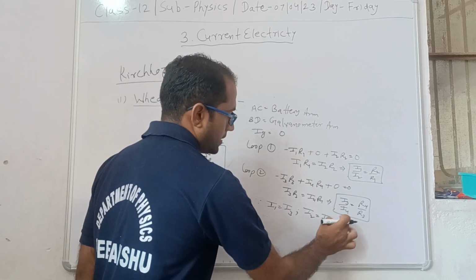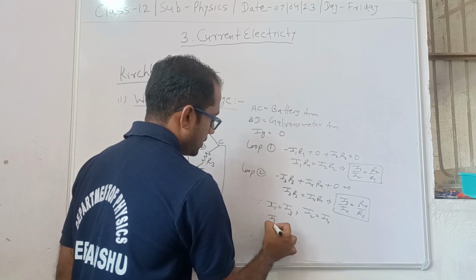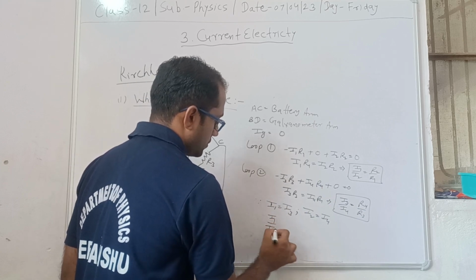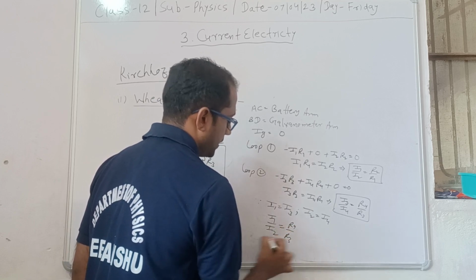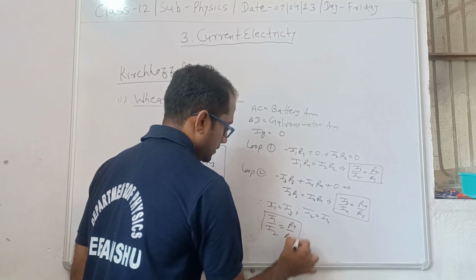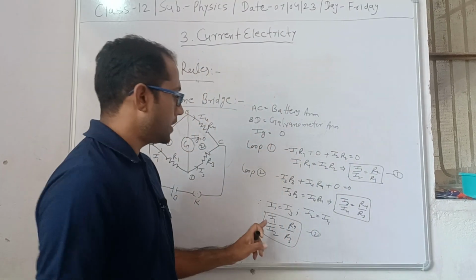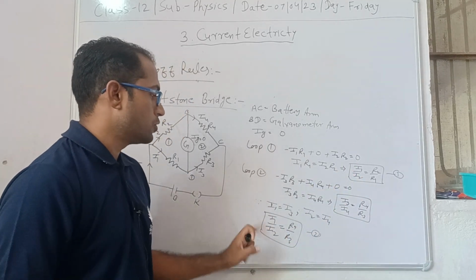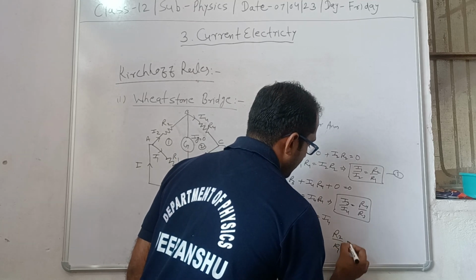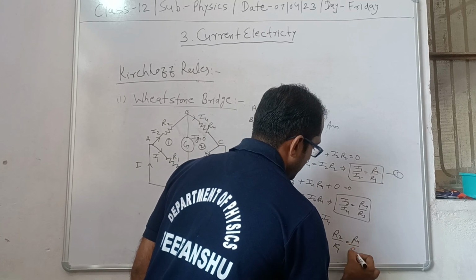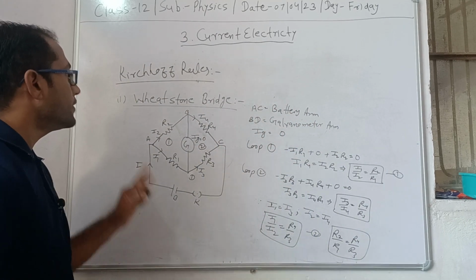Okay, we change this equation: actually put I3 for I1 and I4 for I2. So we get I4 upon I3. We use equation 1 and equation 2, both equations. Using both equations, we get R2 upon R1 equals R4 upon R3. This is the balance formula of resistance in the Wheatstone bridge.